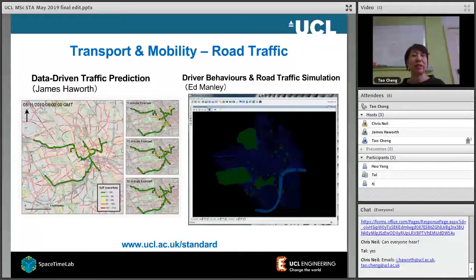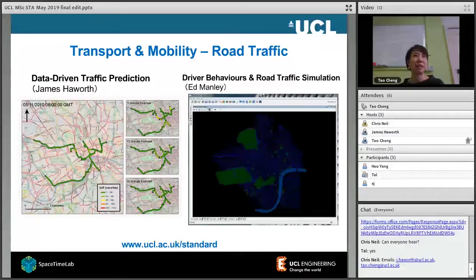Okay. Unfortunately, we can't really show live video on this podcast, but what you see is a static screen capture. What I show on the left is James Lamb, and that's something he did for his PhD study. We call it data-driven traffic prediction. Basically, in Google Maps, Google tells you how long you will travel from A to B. What James is doing is trying to predict how long it takes from one point to another point.